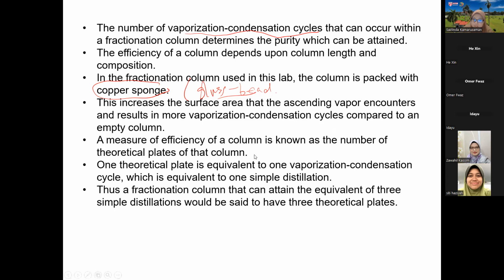A measure of the efficiency of the column is known as the number of theoretical plates. Of course we can calculate it; there will be a calculation involving the theoretical plate. If it has two theoretical plates, you know that two cycles of vaporization-condensation happen in the column. For example, if the theoretical plate is equal to 3, it equals 3 simple distillations. So you would have to do simple distillation 3 times when you have 3 theoretical plates for the fractional distillation. In other words, fractional distillation is more rapid,